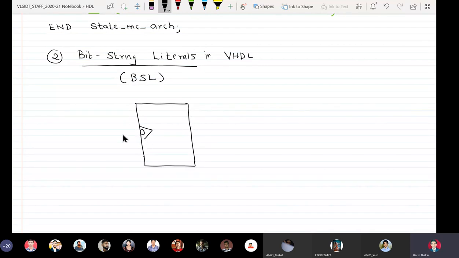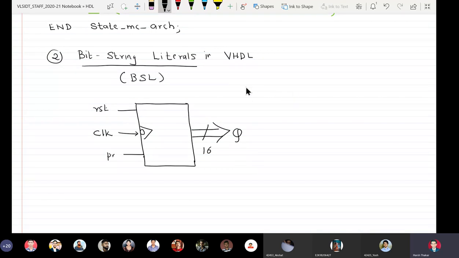It is negative edge triggered. It has reset, it has preset, and the output is Q, and it is 16 bits. So this is the block diagram of a negative edge triggered 16-bit counter with maybe synchronous or asynchronous reset and preset.